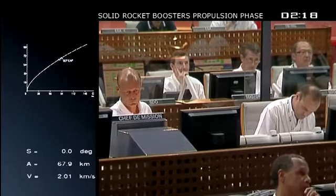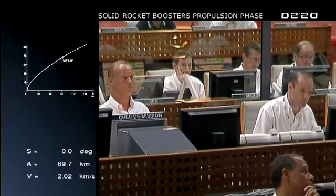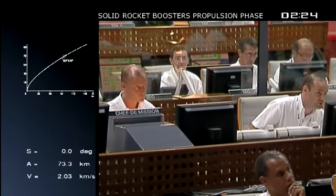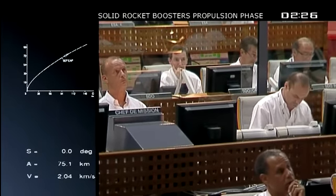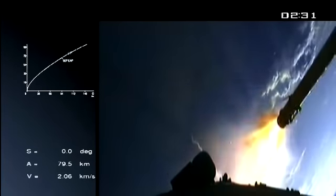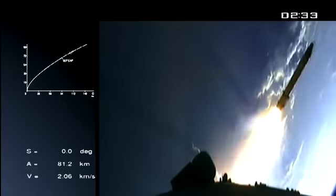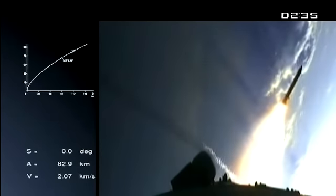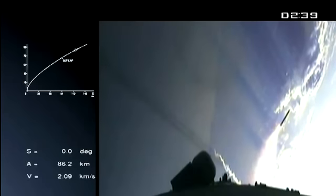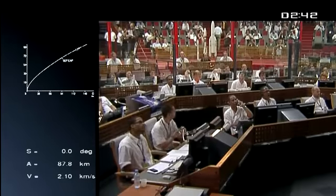The boosters will burn for just over 2 minutes each, and in a few seconds you should hear the DDO call out their separation, and that comes right on time at about 68 kilometers up. This is what it looks like. There's another booster out of camera range, but the 2 of them separated, they've done their job. They fall 500 kilometers away from shore,